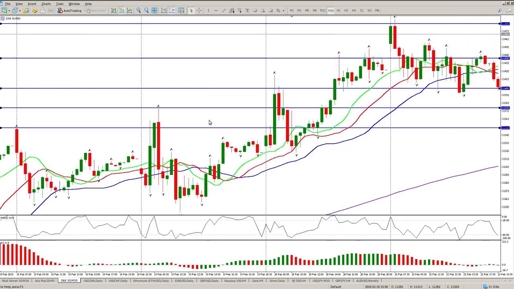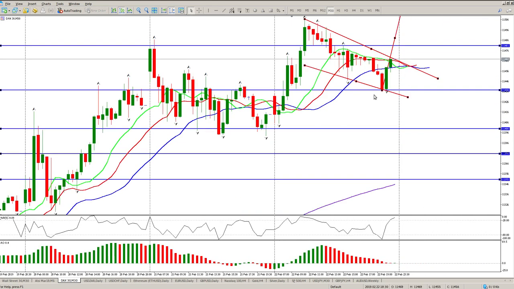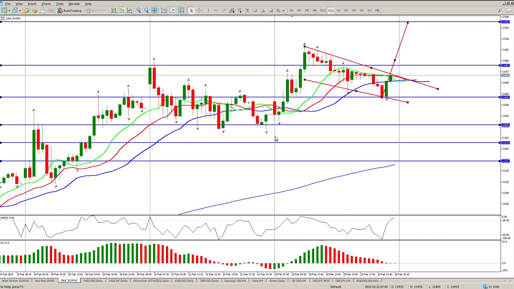But bear in mind, the trend is up, so if we do get below this level here, it's really going to just move to the next level or one of the next two levels before you'll probably find some support. Okay, so that's kind of the way I see this at the moment. I think my bias is to the upside. I think this measured move is going to play out. So this rally that we had on Friday, we're going to get the second move. This was the start of the second move, and we're looking for